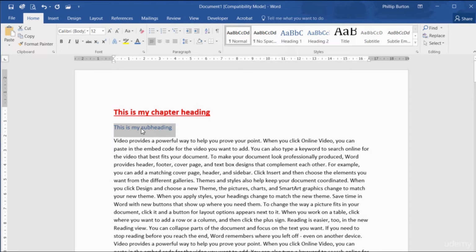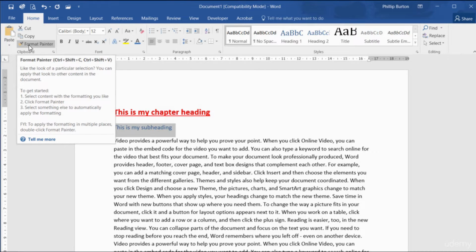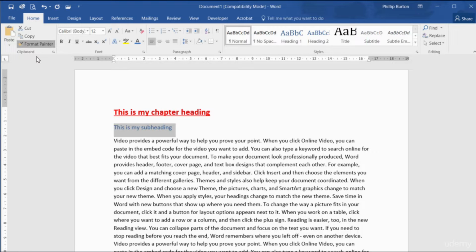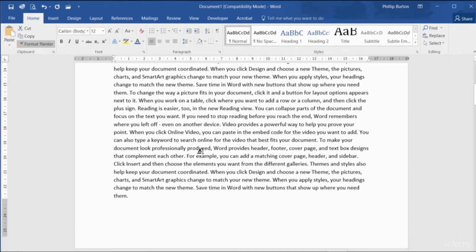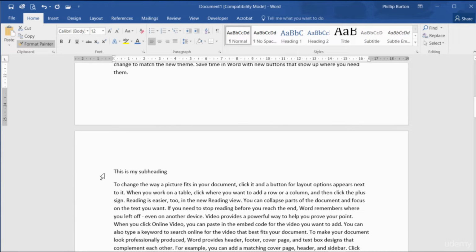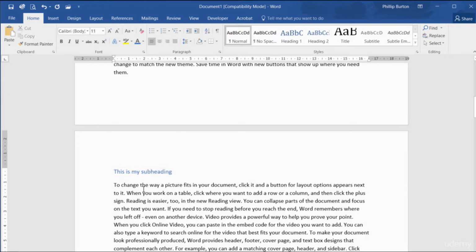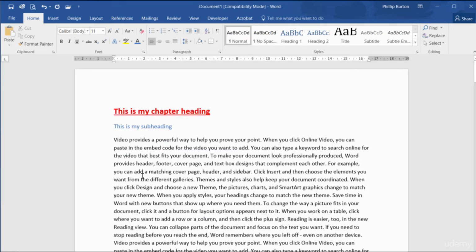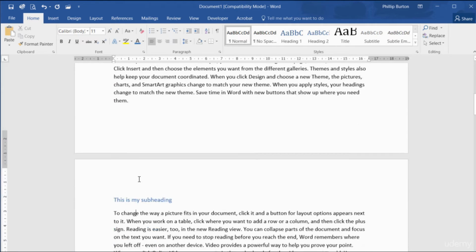So what we do is we select the paragraph that we're going from. So this is the correct style. I click the Format Painter up here in the Home menu, so one click, and I go down and I click where I want it to go. And it's as easy as that. So if I have another heading,